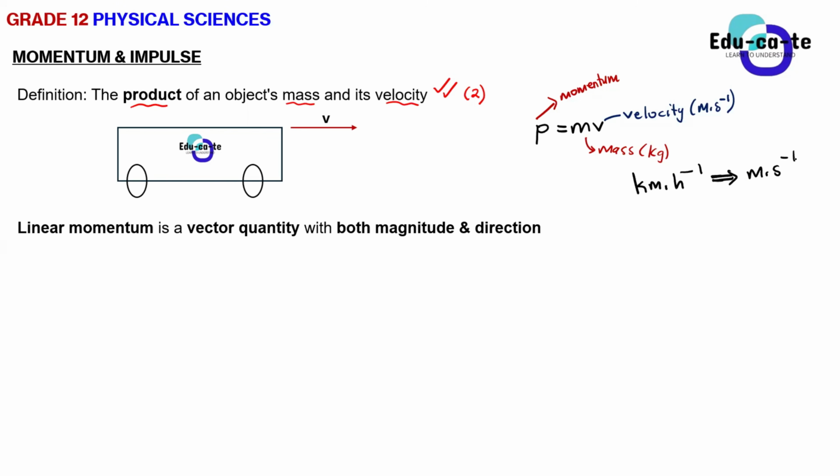They will hardly give you problems with that. But you divide by 3.6. So from kilometers per hour to meters per second, you divide by 3.6. And when you want to go backwards, you multiply. So from meters per second to kilometers per hour, you multiply by 3.6. Is that clear?